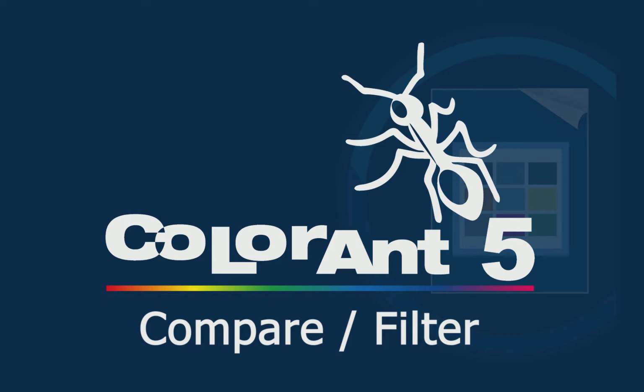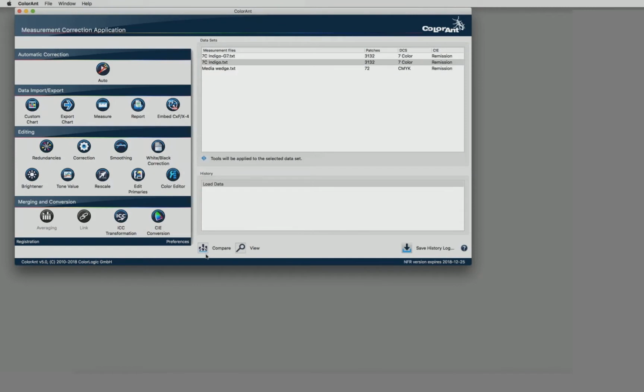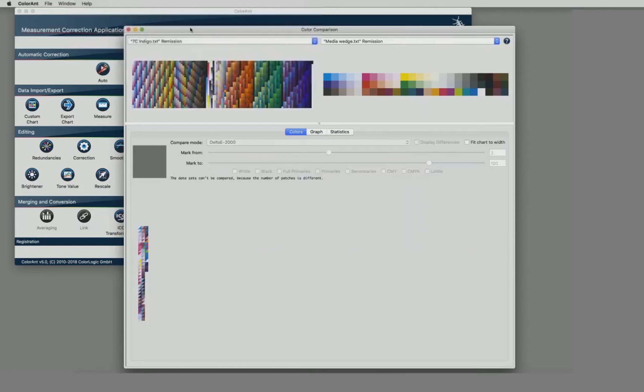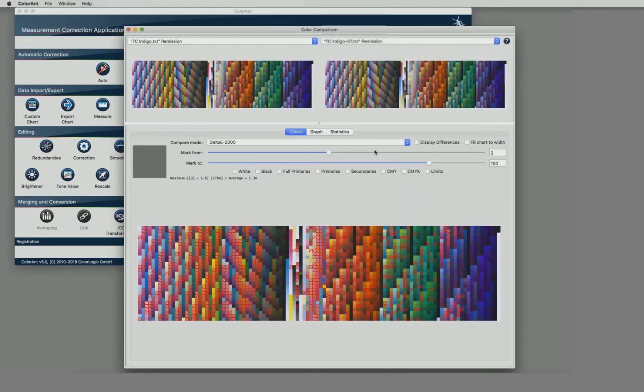There's another new view functionality when we do some comparing. For example, if I want to compare those two measurement files here with my compare feature, I can select my Indigo file here and the other Indigo file with the G7 correction here. And what we are showing here with our mark from, mark to areas, the delta E's,